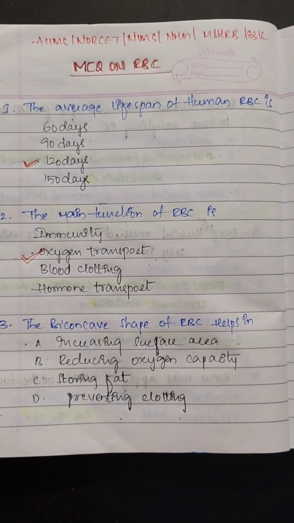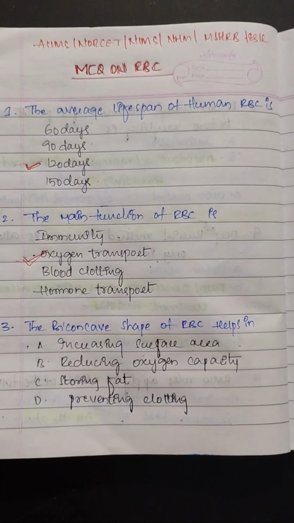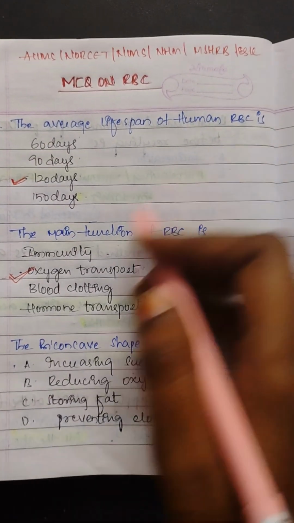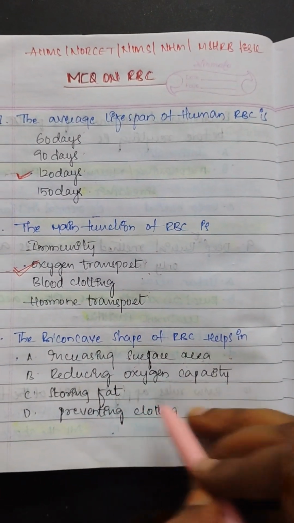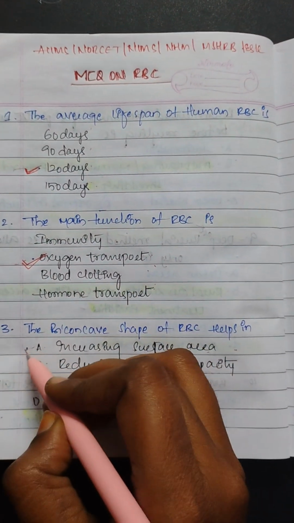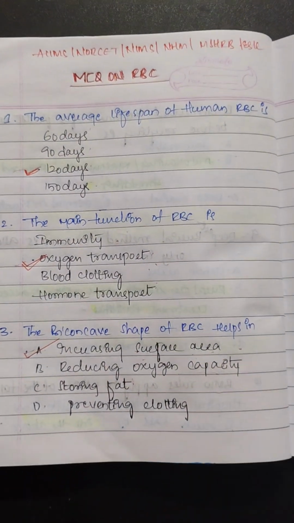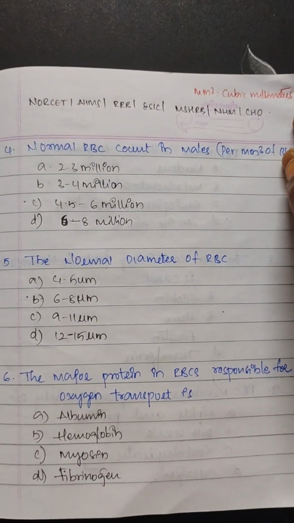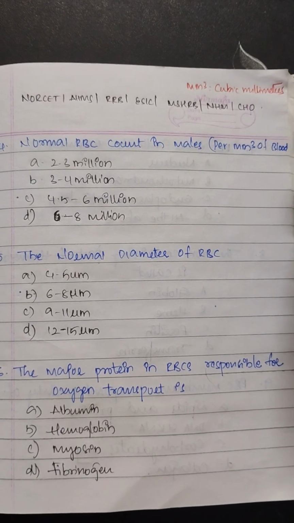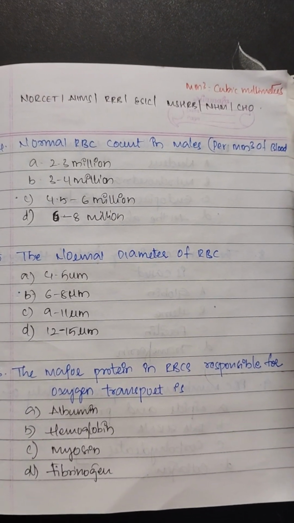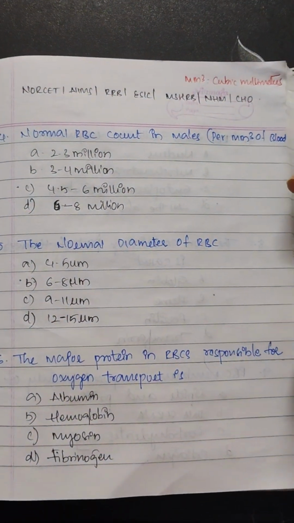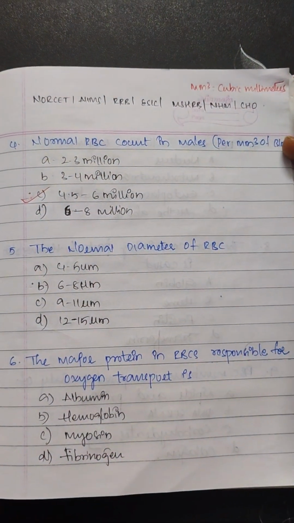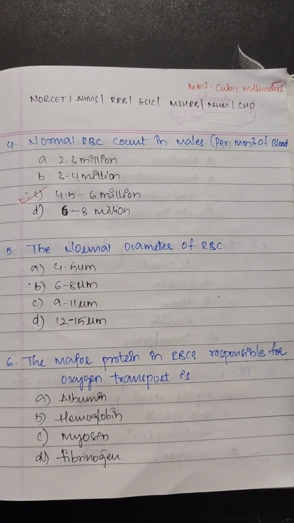The next question. The biconcave shape of RBC helps in increasing surface area, reducing oxygen capacity, storing fat, preventing clotting. And the answer is A, increasing surface area. The next question. Normal RBC count in male per cubic millimeter of blood is. The answer is 4.5 to 6 million per cubic millimeter of